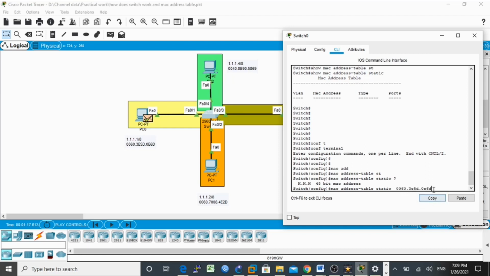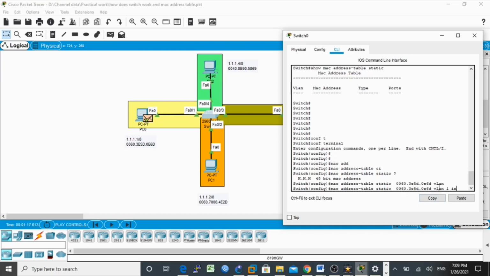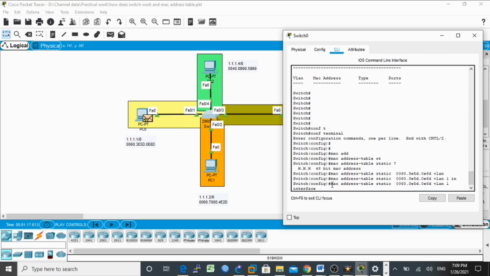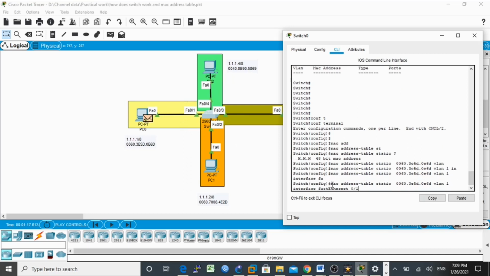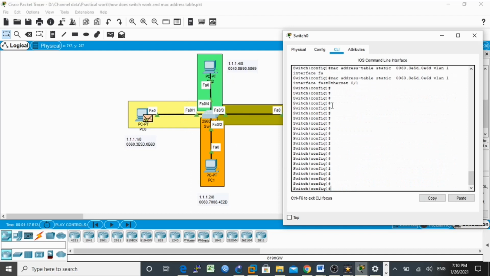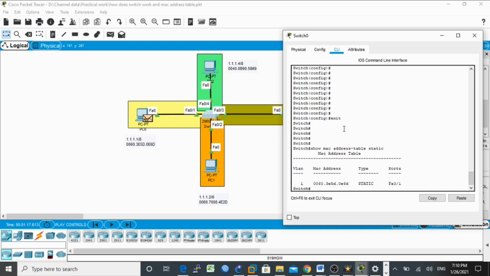Paste the MAC address, then it asks for the VLAN number, VLAN 1, then the interface FA0/1. Understand? Now let's verify. Show mac address-table static.